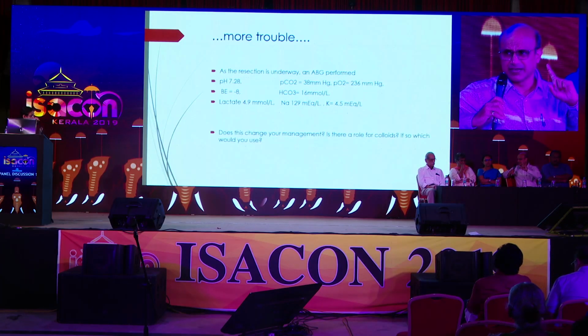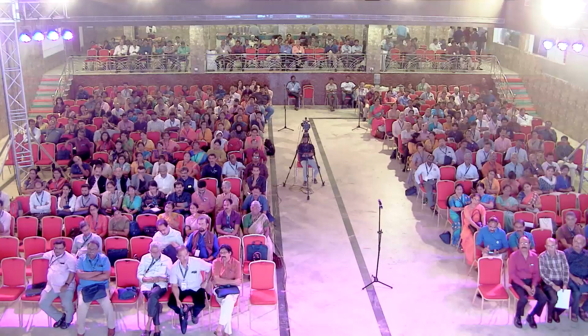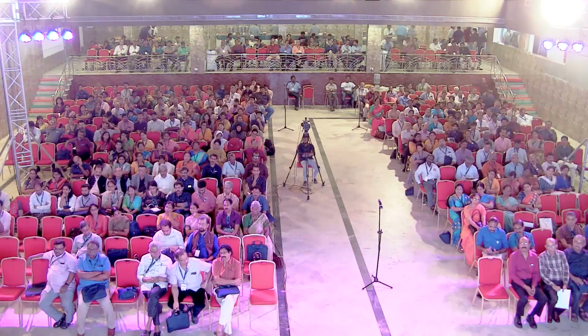Just one thing to add. I think it's a wise choice, if you can afford, to start with 5% albumin in some of these patients at a rate of about 2 to 3 ml per minute. It makes a lot of sense if the patients can afford. It gives you a good colloid oncotic pressure, and it will retain the fluids for a longer period of time in the intravascular space. I think we've read that article by you on endothelial glycocalyx.